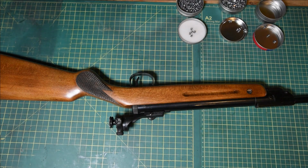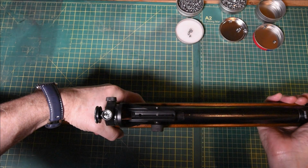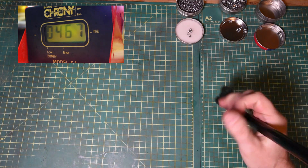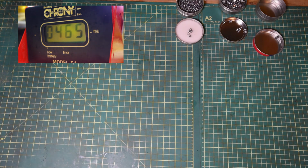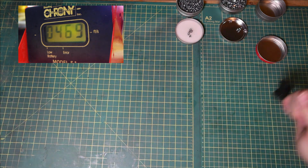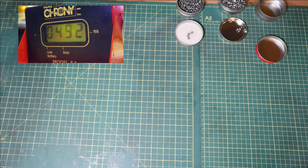Very nice. So I got the Walther back out over the chronograph, mainly to compare it with the results I got last year with it. I only had 4 Crossman Premiers left, but those are the pellets I used last year, so that was a good baseline. And I discovered right away that the gun was definitely slower than it was last year. And I don't think anything has seriously changed, except that I swapped out the regular lithium grease for that extra tacky, red tacky lithium grease. And I have heard that does slow springs down a little bit. It's amazing it does it that much,